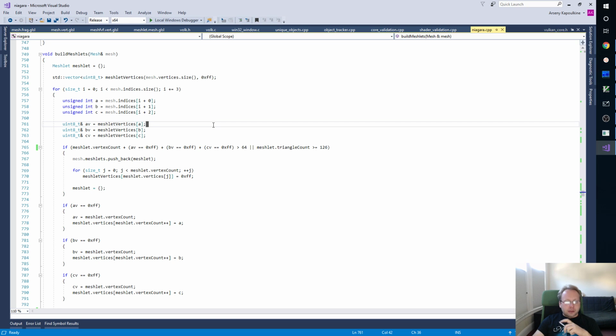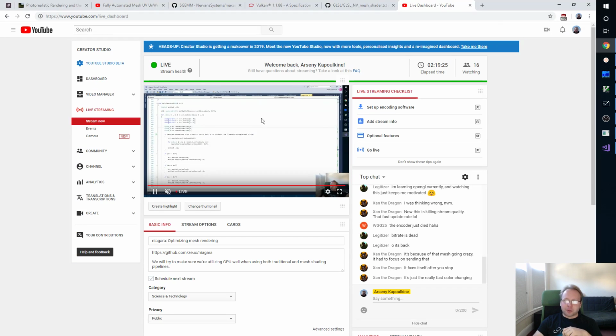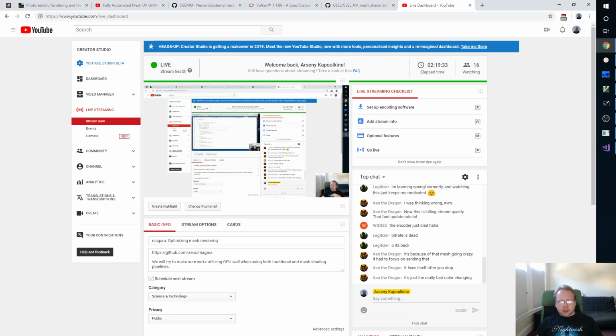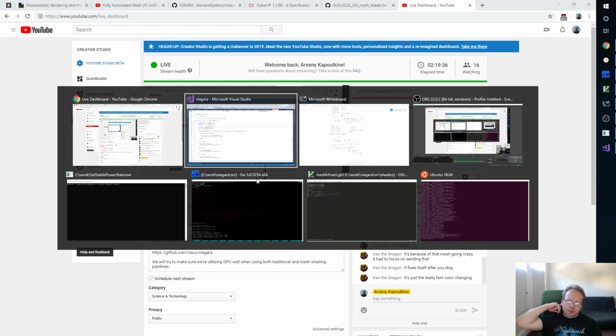So this is part of why meshlets, mesh shaders, are really interesting, even for just boring, let me render a mesh with like millions of triangles, or a scene with millions of triangles, right? And have it run as fast as possible. So yeah, I guess that's kind of it. If anybody has any questions, I can answer them, but we've